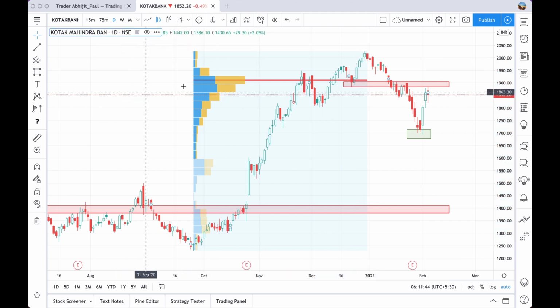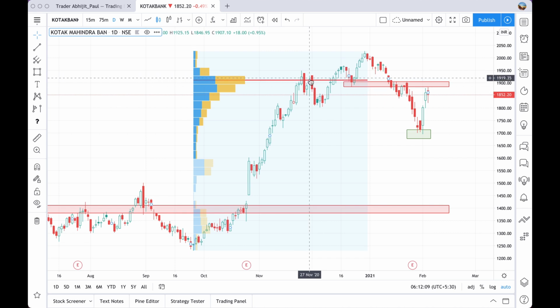And these histograms on the vertical scale clearly show where the maximum volumes have taken place. And this red line is called the POC, point of control, wherein the maximum volume is marked. So for Kotak Bank, we can say that in this run up, the maximum amount of volumes happened close to that 1900,